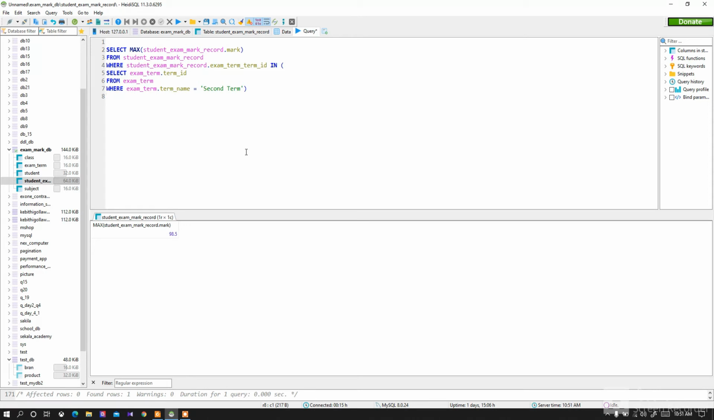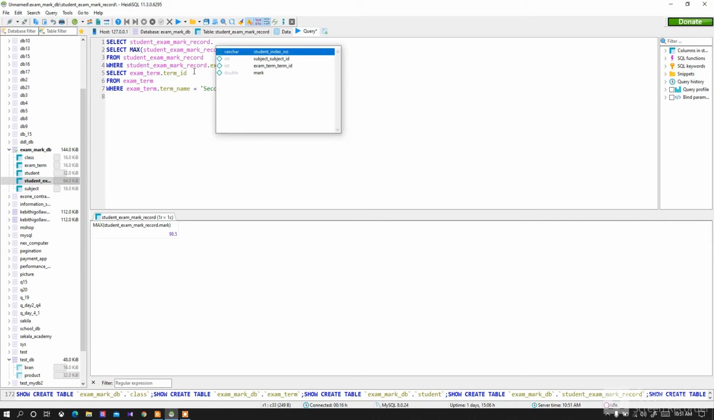So in the fourth question, it is asking which subject got the highest mark in the second term. So this is the highest mark in the second term, and we need to get the subject of the highest mark. So I'm going to write another select query. Select the subject ID from the student mark record table dot subject ID from